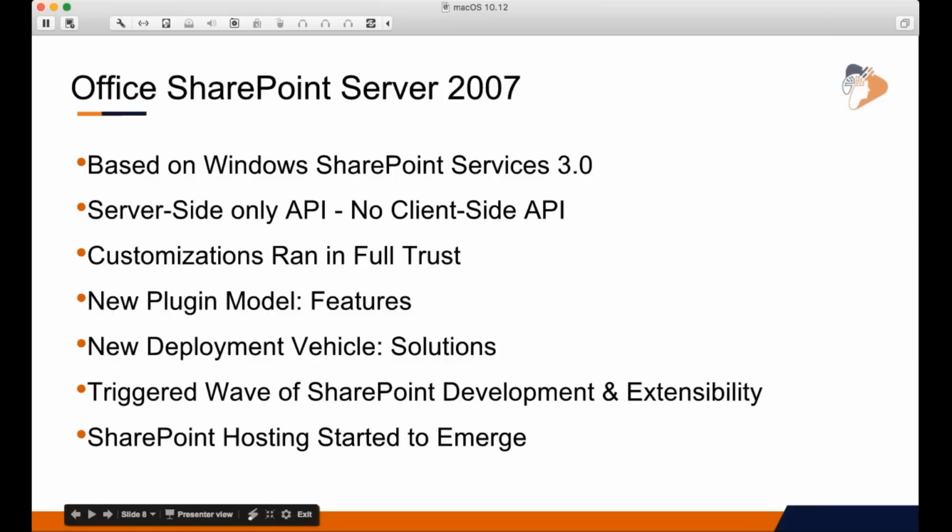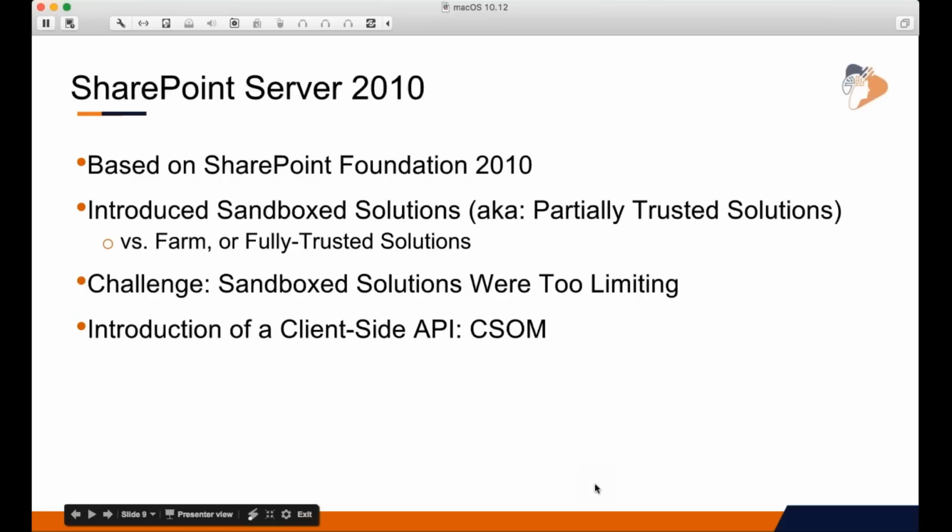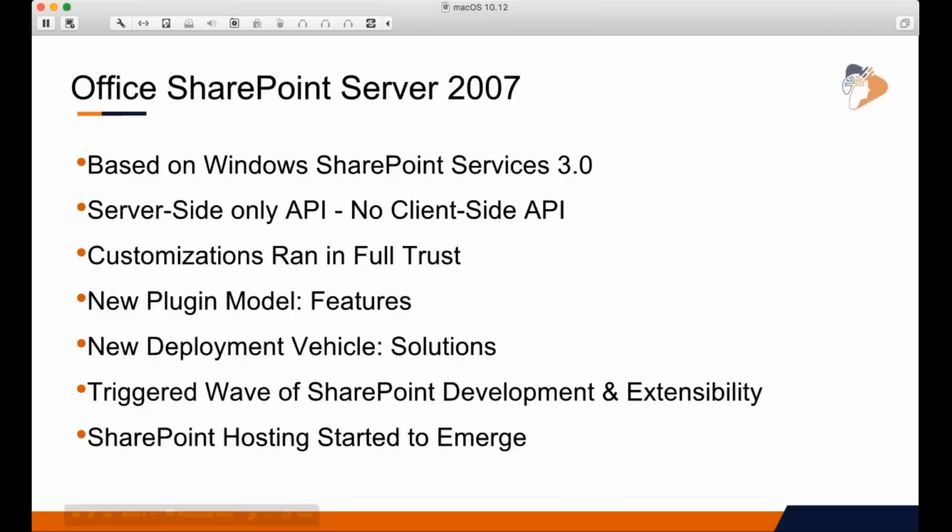Now, one of the things that we dealt with here was that SharePoint 2007, SharePoint has always been hard to stand up and manage. I know if there are any IT pros on the webinar here, you're probably rolling your eyes saying, come on, you developers, it's not that hard. Well, compared to most things, I think it required more effort and more hardware than most stuff that we ended up having to stand up and deploy.